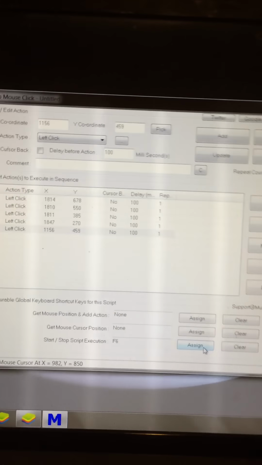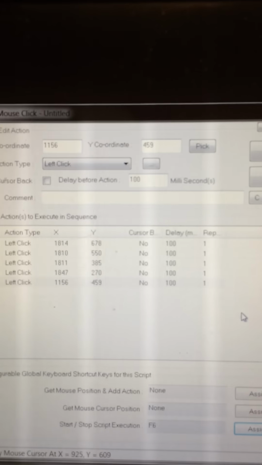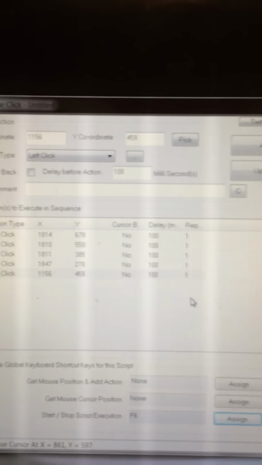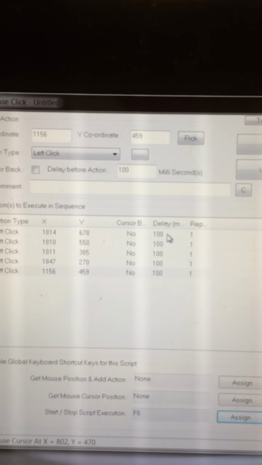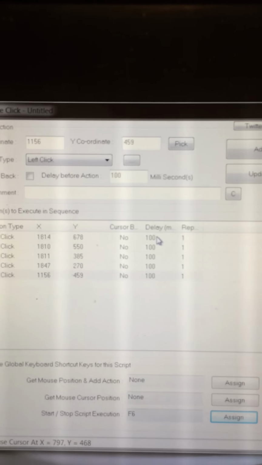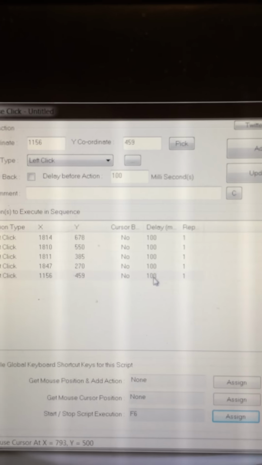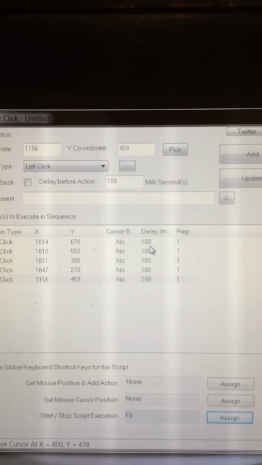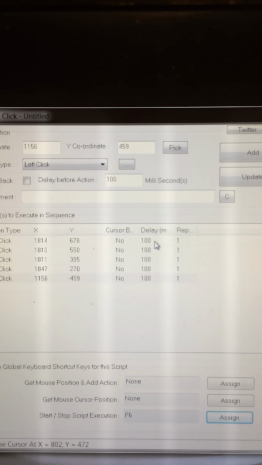So right now we have these 5 steps, and I'm hoping that you can kind of see this. I know my camera a little bit sucks, but what's important here is that we actually start the delay sequence on this. So we have a delay of 100 on all these. Now normally in the last video I said start with 200. What we actually need to do is